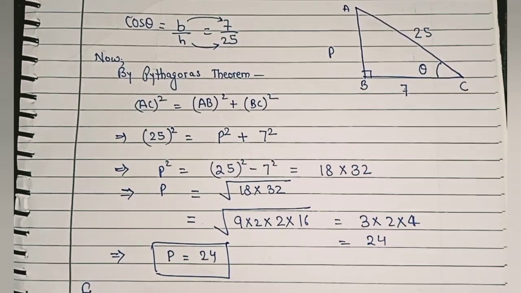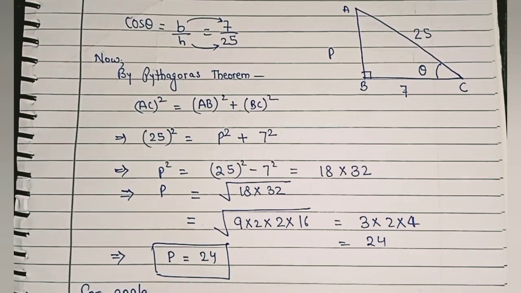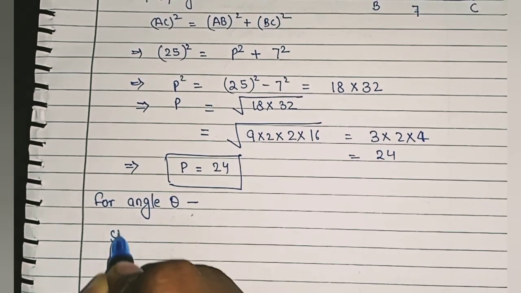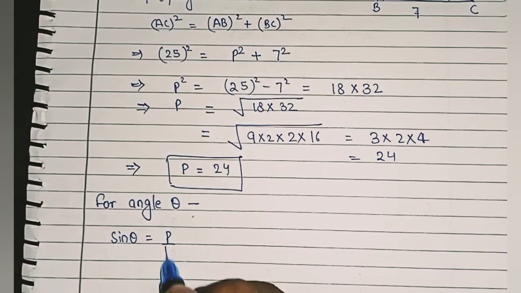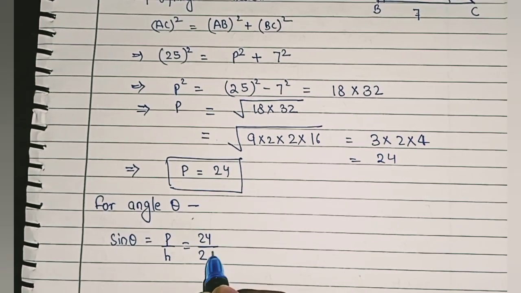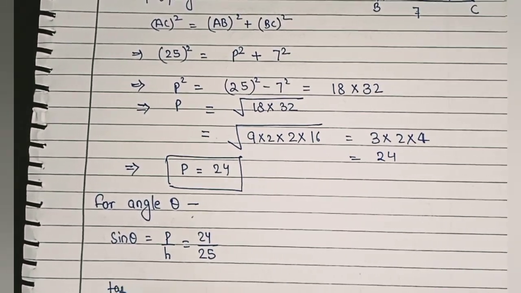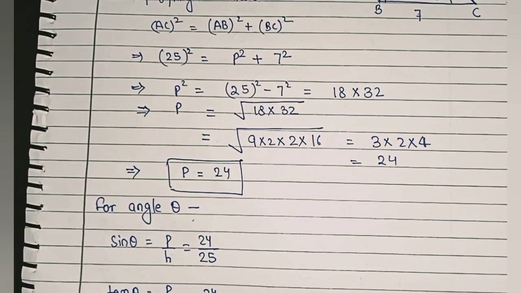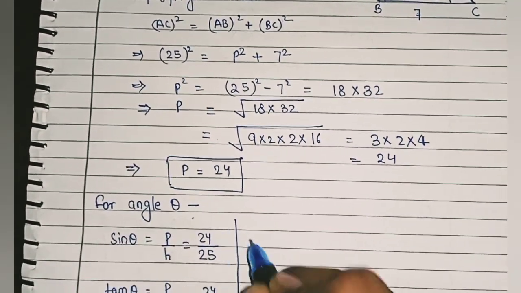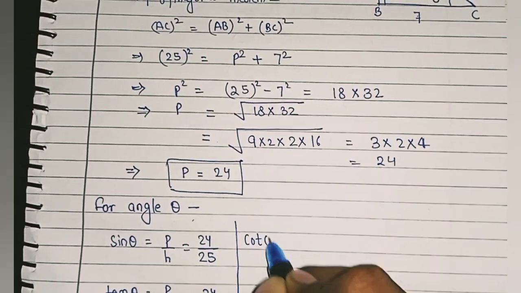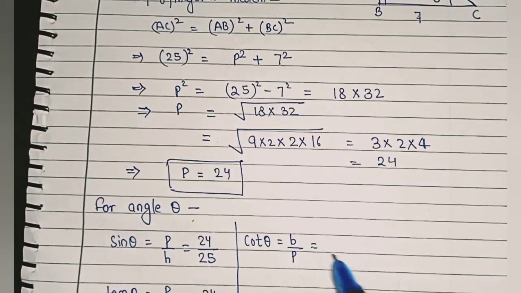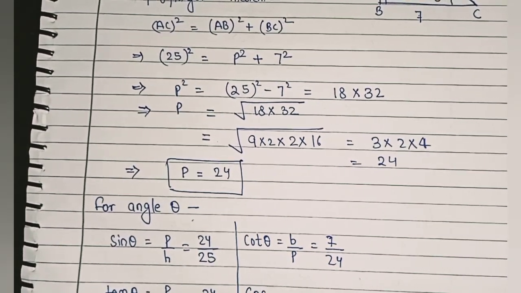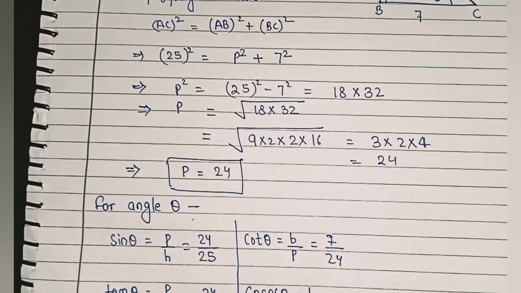Now for angle theta, sin theta equals P by H, which is 24/25. Tan theta equals P by B, so it is 24/7. Cot theta equals B by P, so it is 7/24. Opposite of sin theta is cosec theta, which is H by P, which is